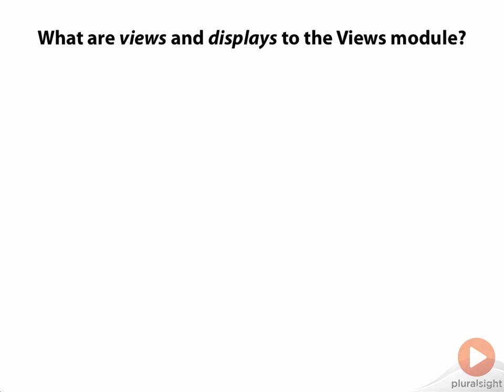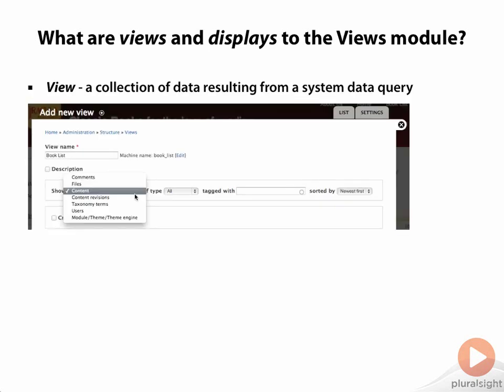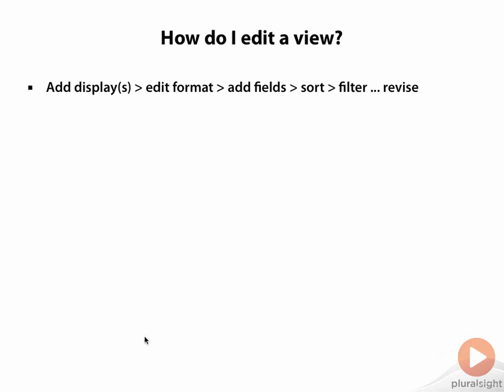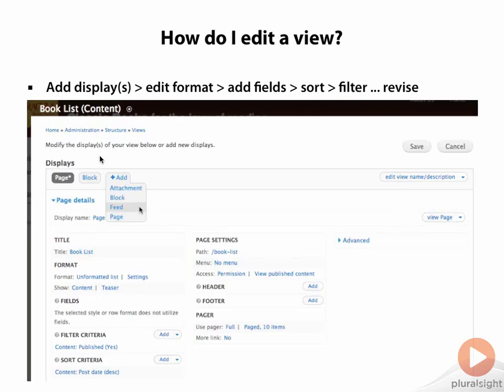As we saw earlier, in the Views module, the term view refers to a collection of data that you specify, and a display is one of a series of possible definitions of how to render that particular view. Any given view could be rendered multiple different ways. To edit a view, you're going to specify one or more displays for that view,